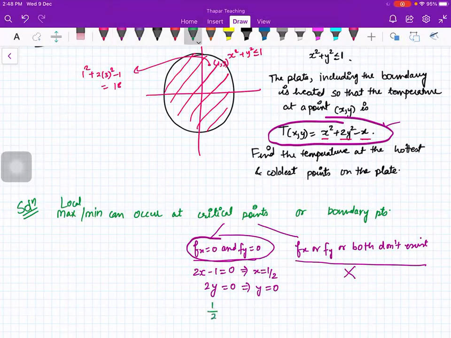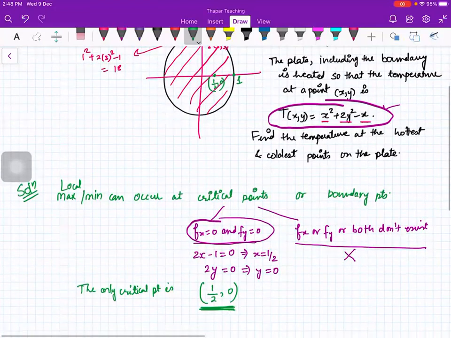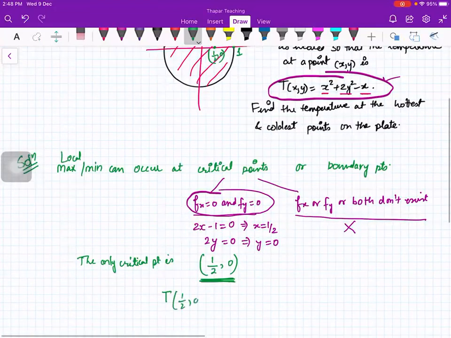So the only critical point is half comma 0. Is that clear to everybody? Now you have to check whether this point is in your region or not. Half comma 0 will be somewhere here. So this point is in your region because the radius of the circle is 1. And what is the temperature at this point? Temperature at half comma 0 will be half square plus 2 into 0 square minus